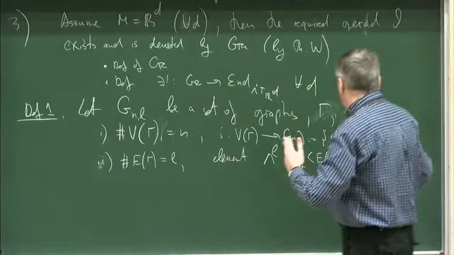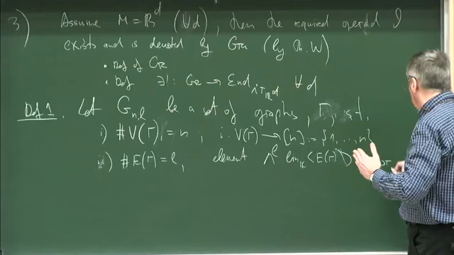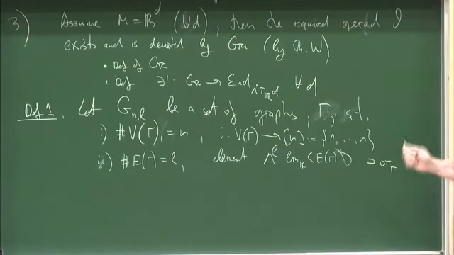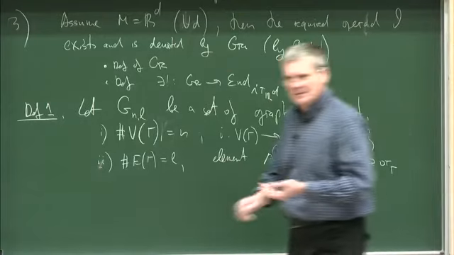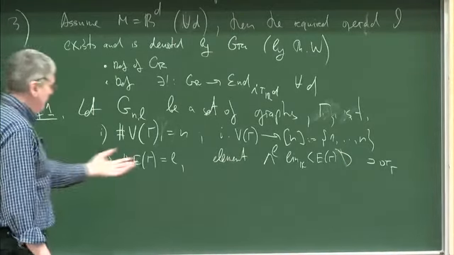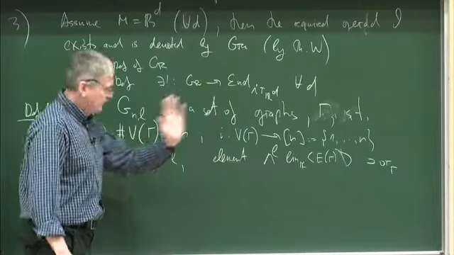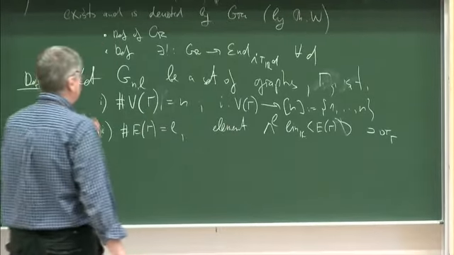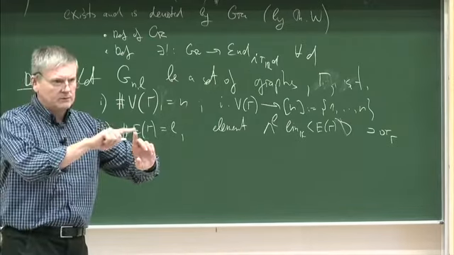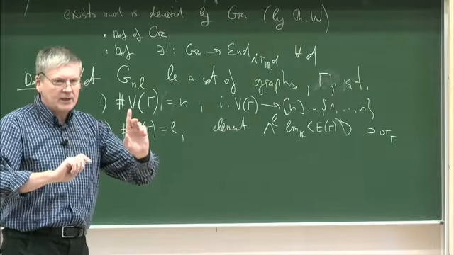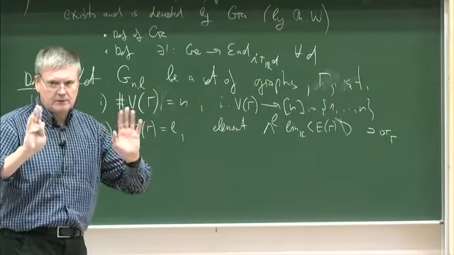Yes, you are sort of picking an orientation. Yeah. So I call it OR of gamma. It's the orientation. And you know there are two orientations, this one and minus. I assume also it is a unital element in the line. Doesn't matter. So it's called orientation. So we fix it. Notice, I allow multiple edges. I allow loops. Anything is allowed. Graphs are not directed. There are no arrows on edges.